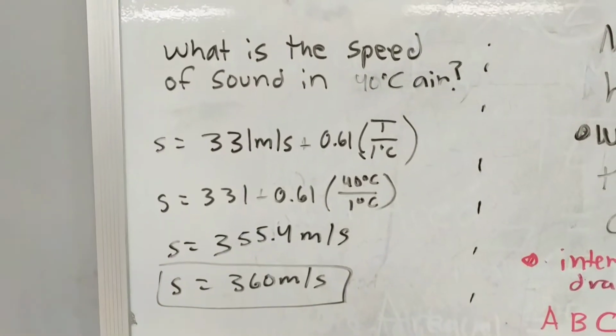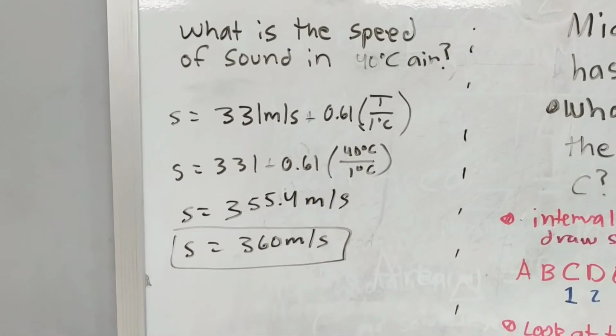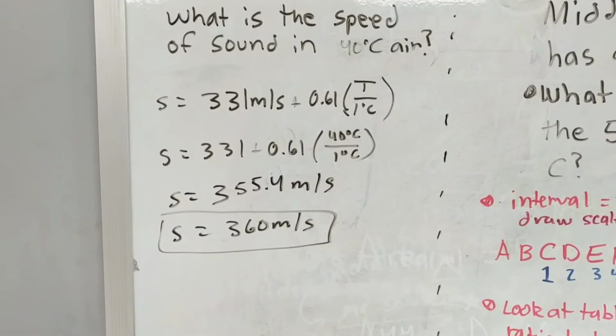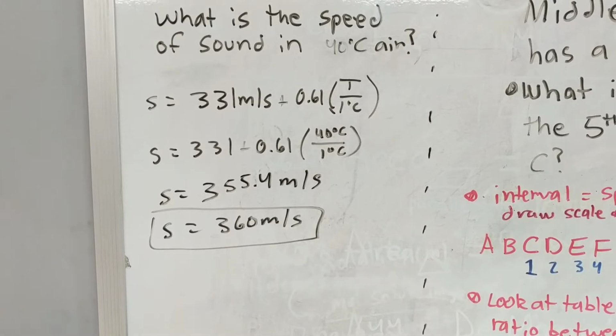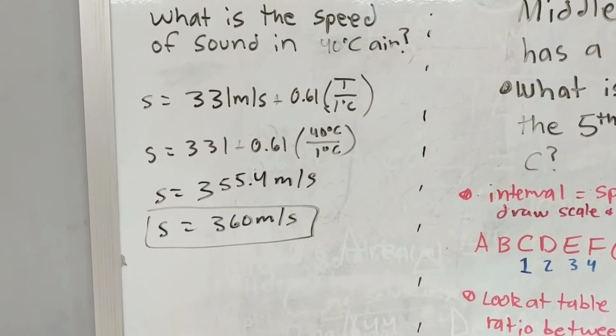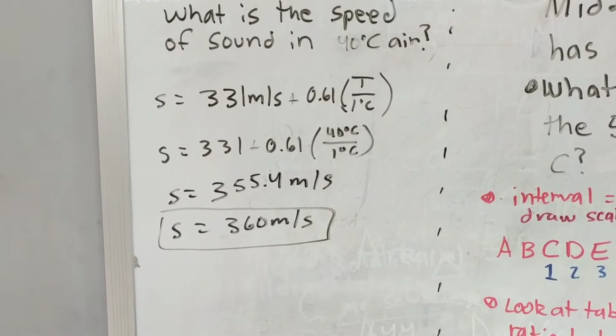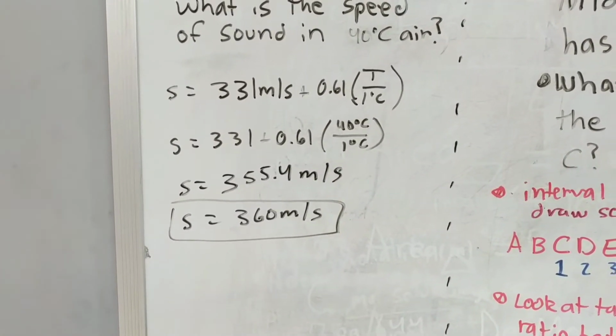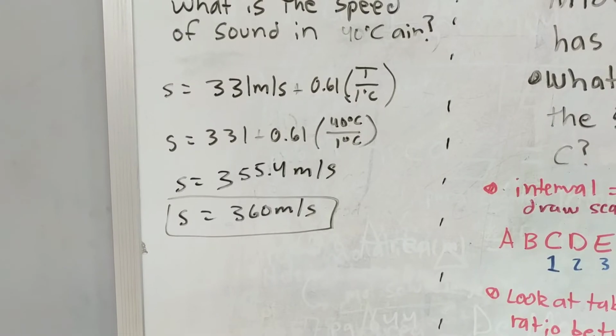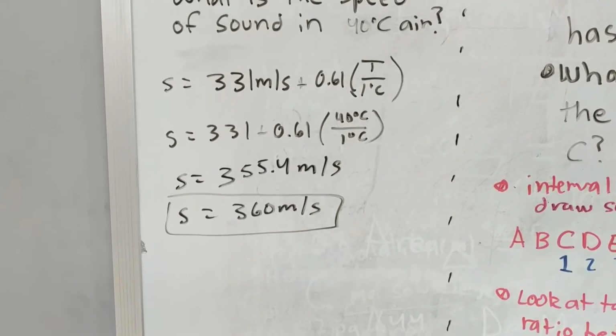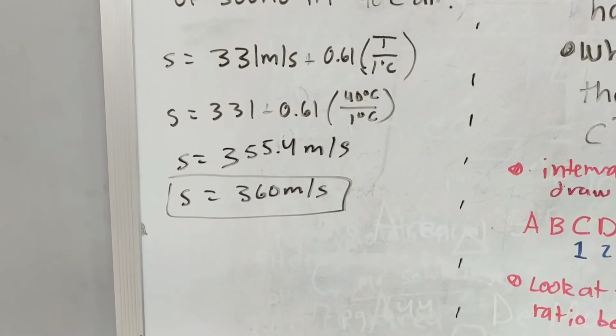Okay? Finally, we have this one over here. What is the speed of sound in air? We just take our formula of 331 plus 0.61 times the quantity T over 1 degree Celsius. We plug in our value for T, which is 40 degrees, and we get 355.4 meters per second. We only used 2 significant figures, so we round to 2 significant figures, and we get